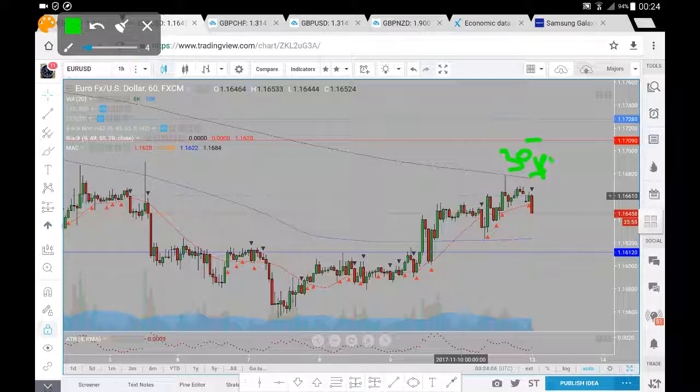This 30 pip zone, we will potentially be looking for short side trades from there. So price is going up into that zone and providing opportunities to the short side. Now, if we have a look to the downside, however, we'll be looking for prices to come down to the most recent swing low in and around the 115.60. So pretty much from this 116.50 at present all the way down to this 116.50 where we did find support